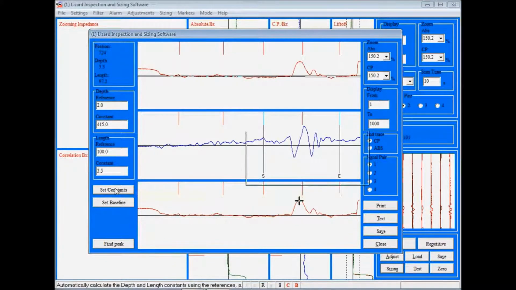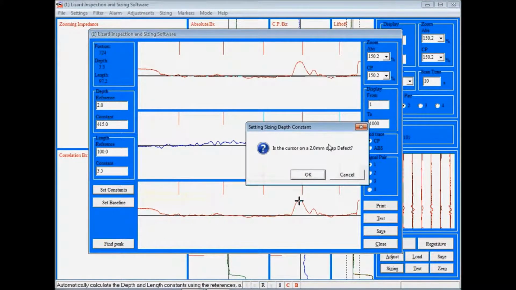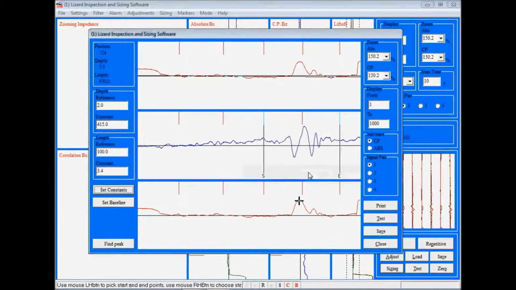So if I click set constants, it asks me again, is the cursor on a 2mm deep defect? Well, no, it's not. This is what we use for setting up the depth information. We don't need to do that because we have already generated our constant from our calibration scan. So we click cancel. Now it asks me, are the cursors on a 100mm long defect? Well, yes they are, because 0, 50, 100. If those marker distances were different, we would just go in and change the length reference. So instead of that being 100mm apart, if we, for example, needed it to be here, we would first place the marker,